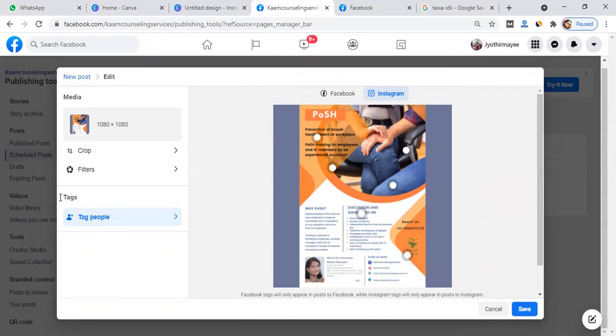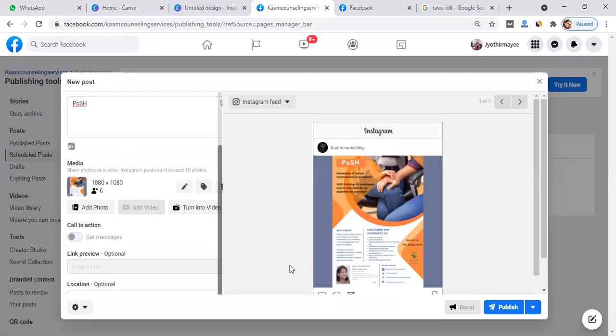Like that, if you want to tag, you can tag people like this, and click on save.